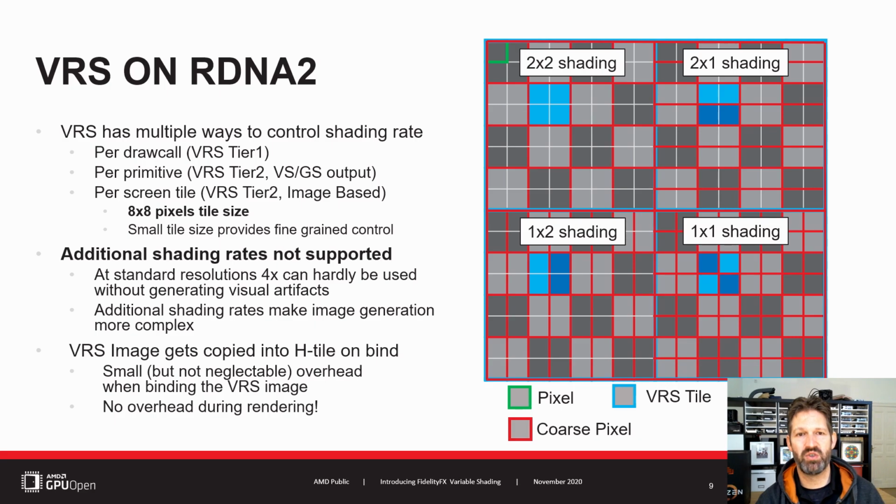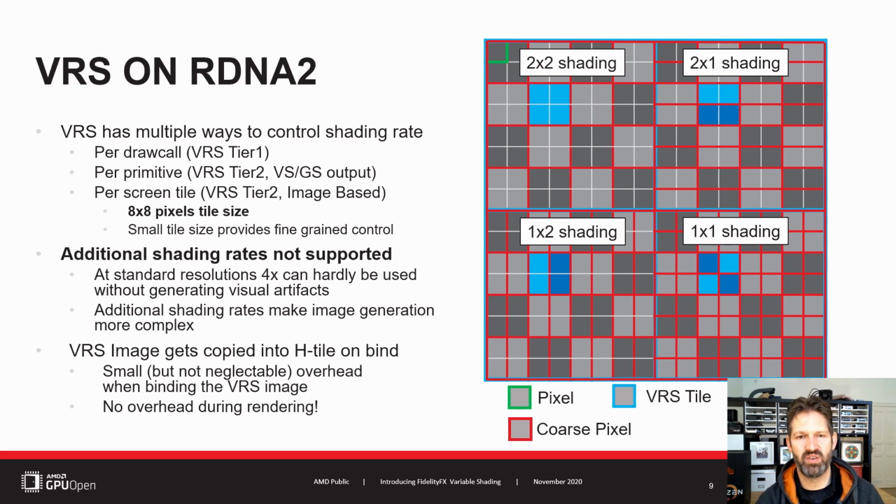When initializing VRS, you need to query hardware capabilities to figure out if Tier 2 is supported, and if so, what the tile size of the hardware is. Your code will need to be able to handle all cases in order to get your VRS code working correctly on all hardware. Additionally, there's a flag indicating if additional shading rates are supported. On RDNA2 based GPUs, this is not the case, since our test showed using additional shading rates are likely to cause noticeable artifacts at the resolutions currently used for gaming. Also, analyzing an image to determine if additional shading rates can be applied significantly increases the runtime of the shader, most of the time resulting in a net loss in overall performance.